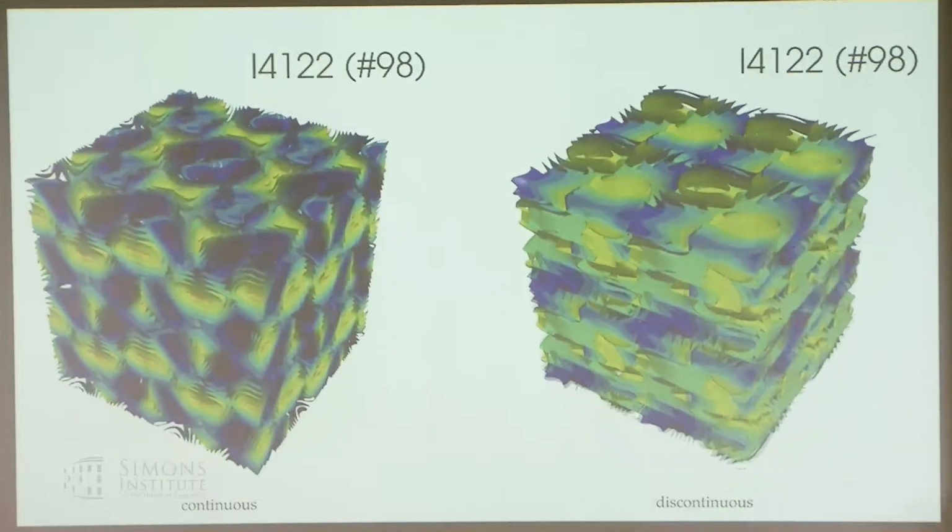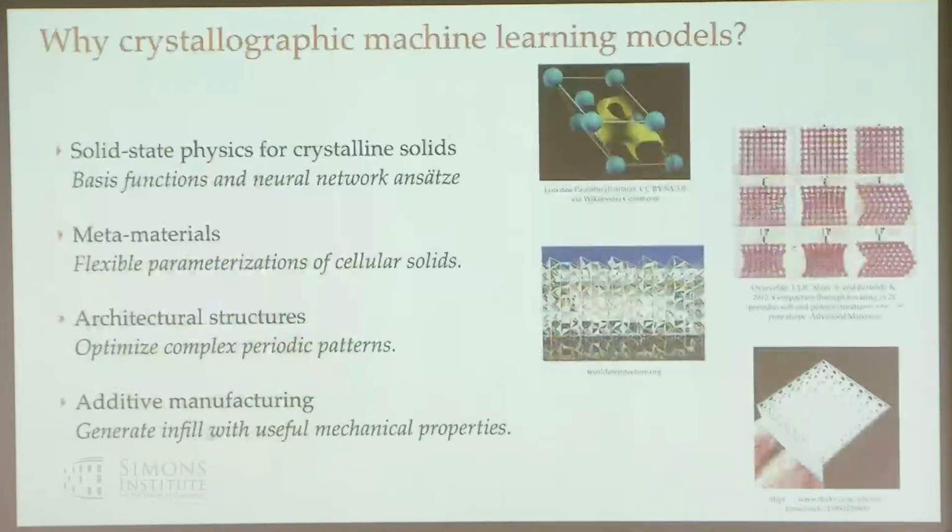So how do we construct stuff like the thing on the left? But before we talk about how to do it, let's talk about why this is an interesting thing to do, why we might want to build machine learning models that have these kinds of properties other than just making pretty pictures. And I think there's a couple of different motivating reasons to do this.